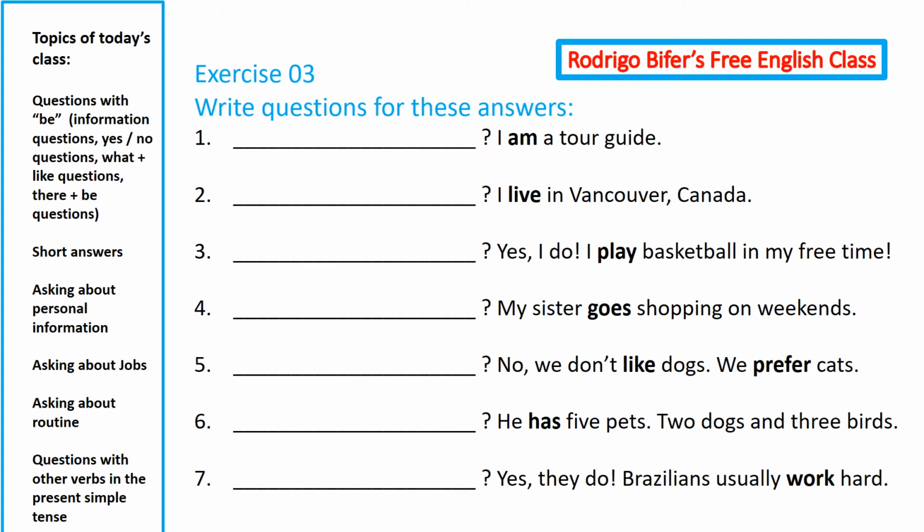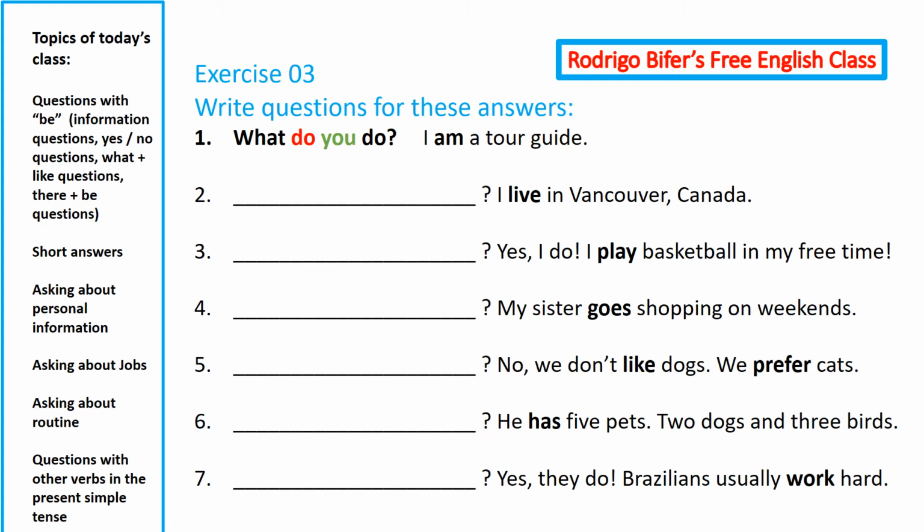You could say, what's your job? And that would be perfect. But there's also a different question that we usually use in English to ask for a person's job. What is that? What's the question that we use with another verb, not to be, and it means the same? It means, what's your job? Do you have any idea what the question is? Let's take a look. The question is,